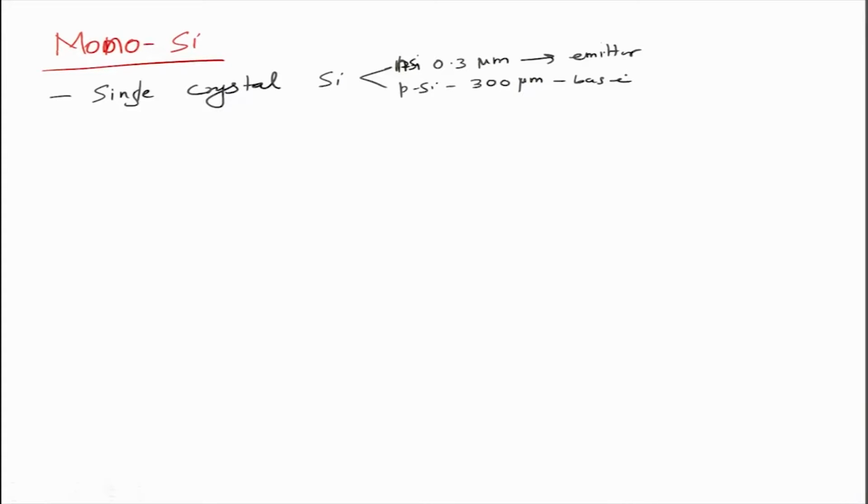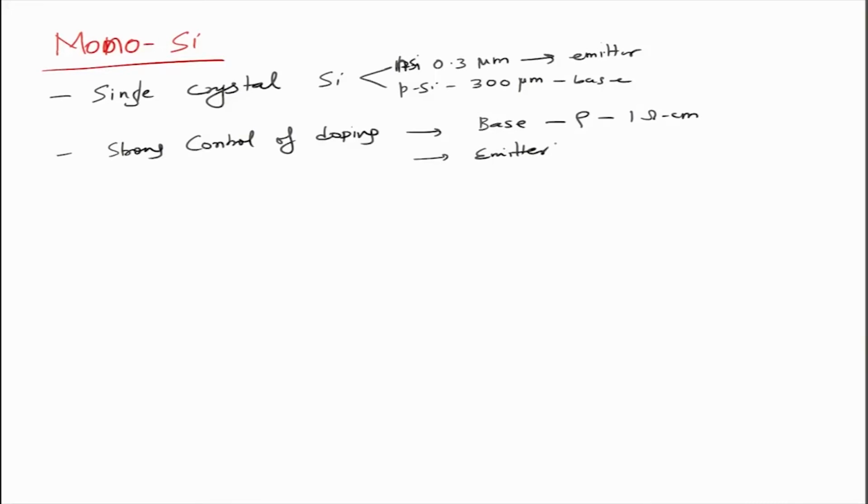and there is a strong control of doping in such a fashion that your base resistivity is about 1 ohm centimeter, whereas the top surface, which is the emitter, has a sheet resistance of about 100 ohm per square. It is very thin, that is why we talk in terms of sheet resistance. So, it is about 100 ohms per square,